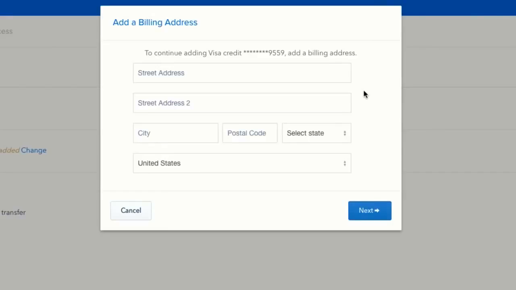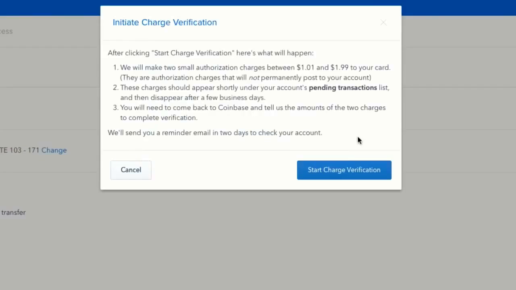So I'm going to go ahead and add that, and I'll see you on the next page again. So now that I've verified my address, they're going to do the same thing they did during the bank account section. So Coinbase is going to make 2 small charges to my credit card between $1 and $1.99, both of